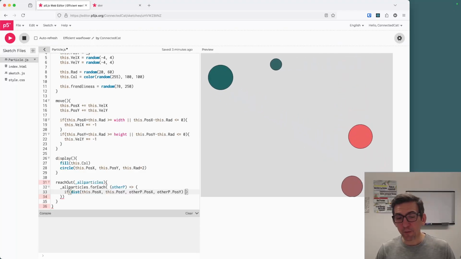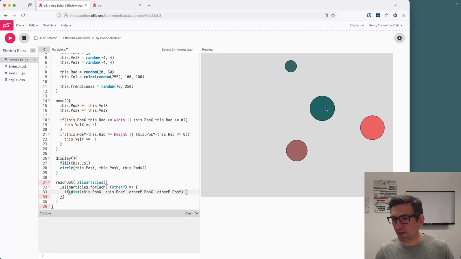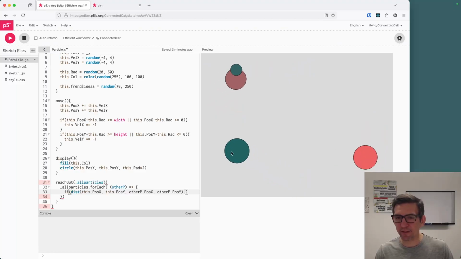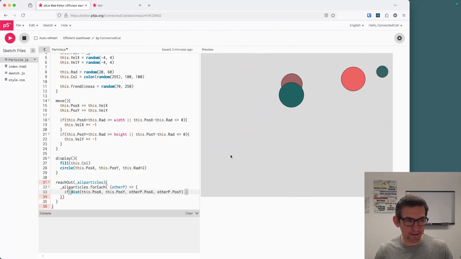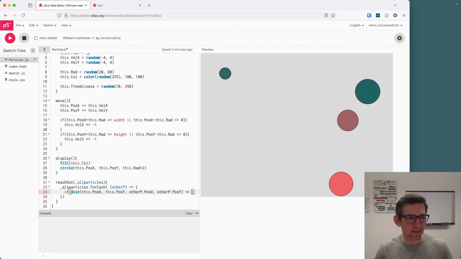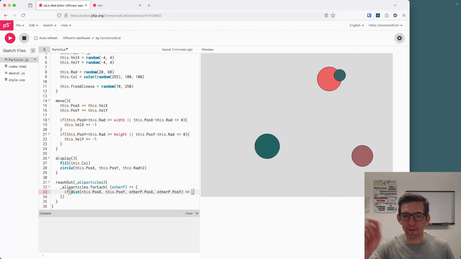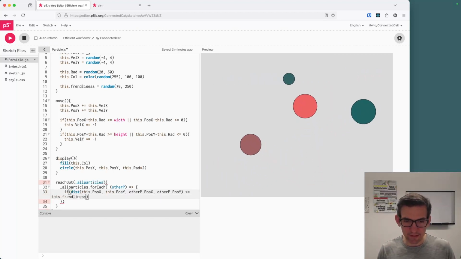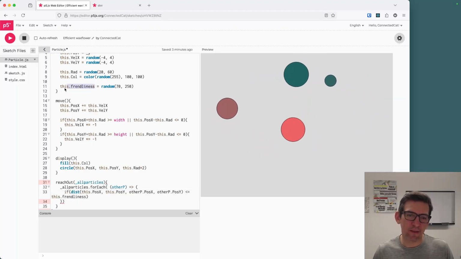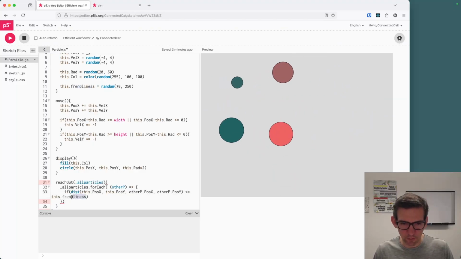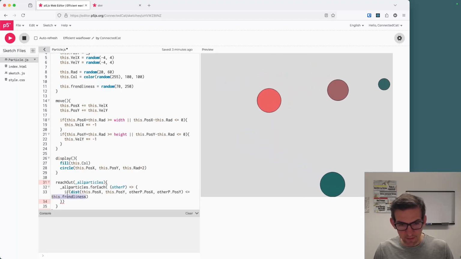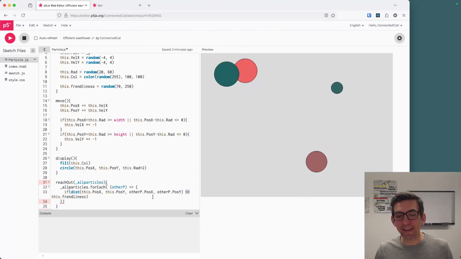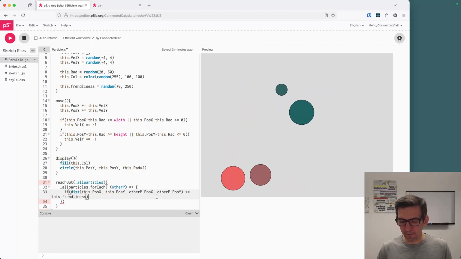I'll show you another better way. So we are measuring the distance between the center of one circle and the center of the other circle for every single circle in the system. And if this distance is less than the friendliness of this particular circle, so like this dot friendliness, is that how I spelled it? I don't trust myself, I'm just going to copy and paste it to avoid unnecessary errors. So if it's less or the same as the friendliness factor for this particular circle, we are going